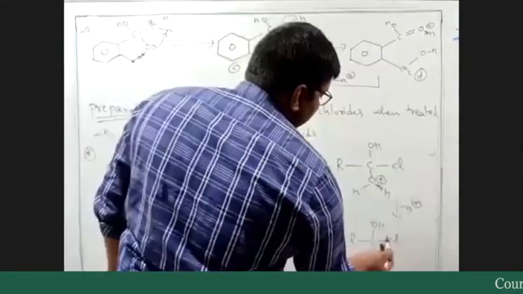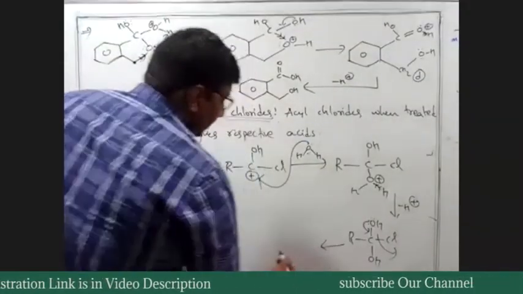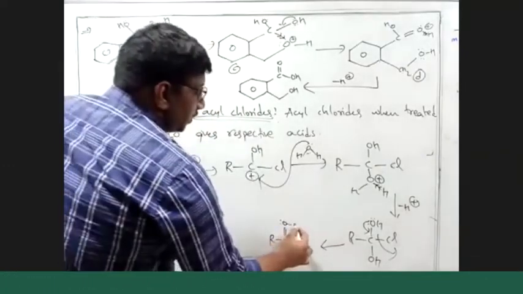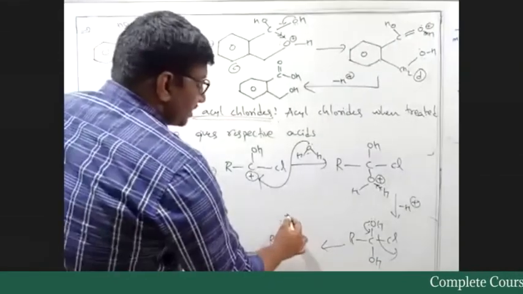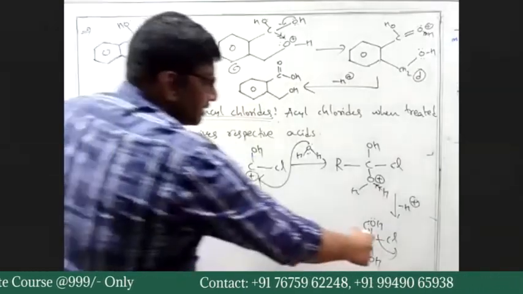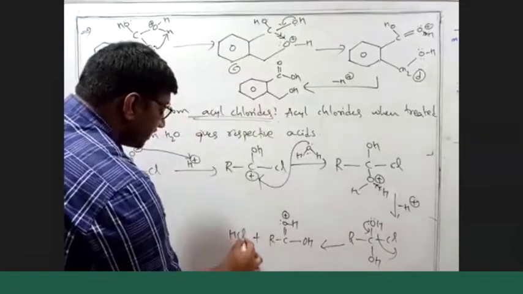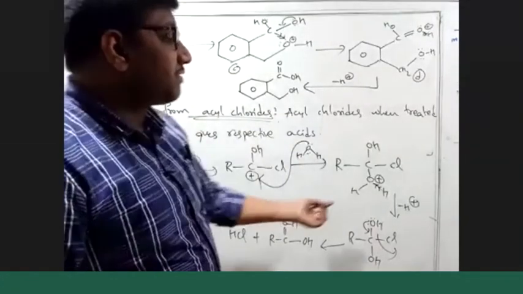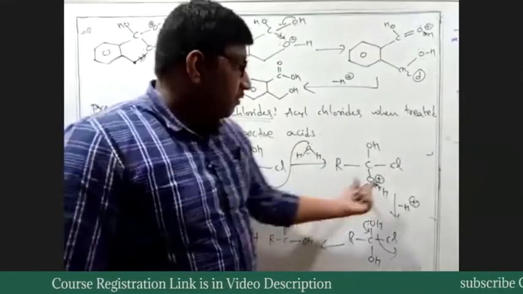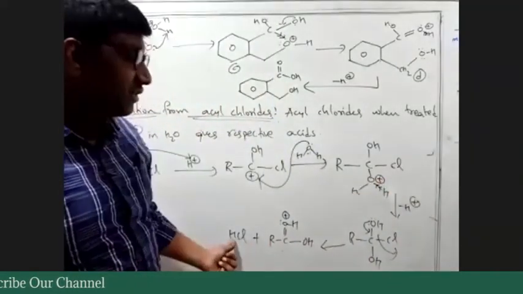So now again we have lone pairs on oxygen. This lone pair comes and Cl minus leaves. We get RCOOH with a positively charged oxygen, and we have another OH plus. Whatever Cl leaves will take up this H plus to give HCl. This HCl is obtained from the molecule itself: one H from H2O and one Cl from this acyl chloride.